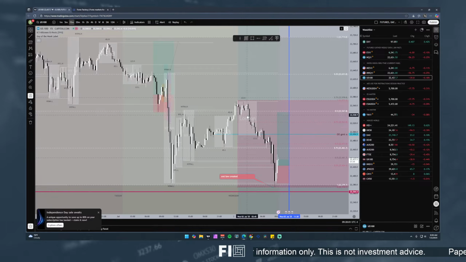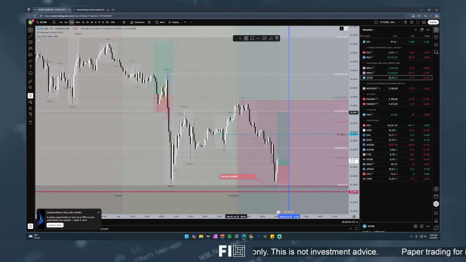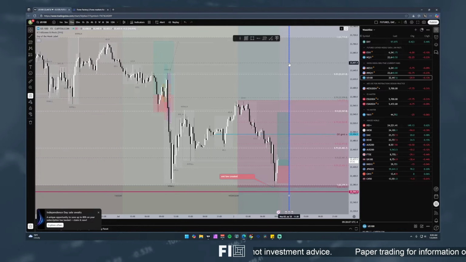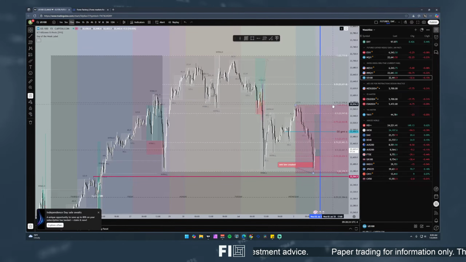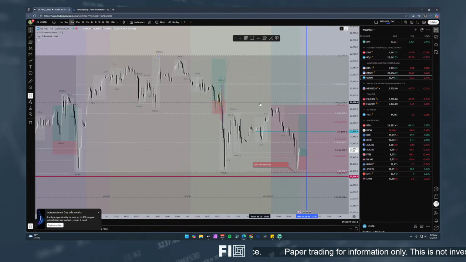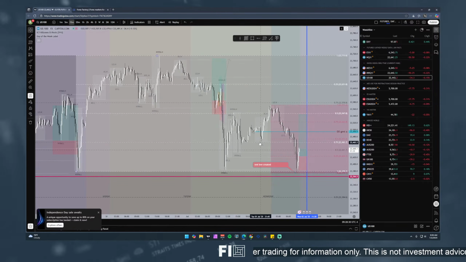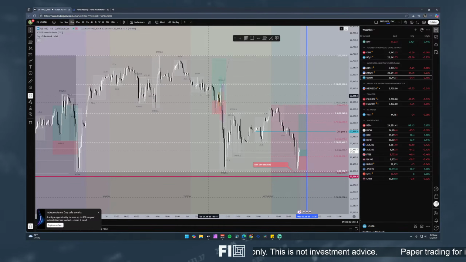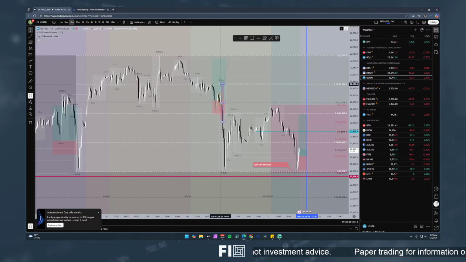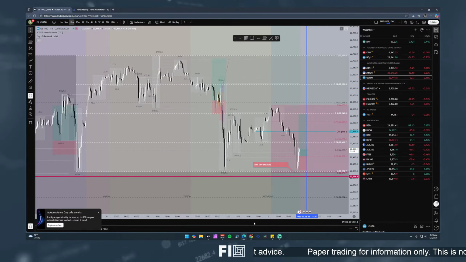Is this just literally my BPR theory, and that's just the theory on how price leaves balanced price ranges and how it trades to them and through them. And now learning about dealing range theory, I'm trying to combine that and trying to see if there's a correlation, because this idea also kind of stems from the dealing range theory, the fact that we're always taking a swing low and a swing high. You could have argued, look at this, swing low taken, swing high taken. This is a dealing range. Okay, another one here. Swing high, swing low taken, swing low, swing high taken again. This whole thing could be a dealing range.